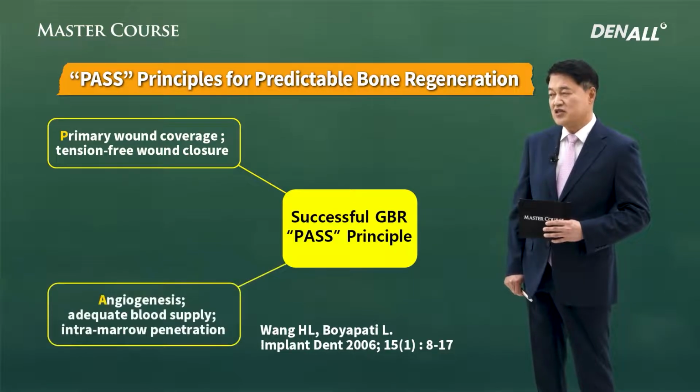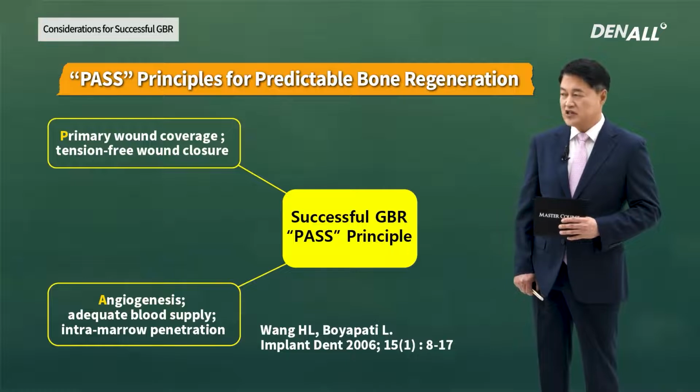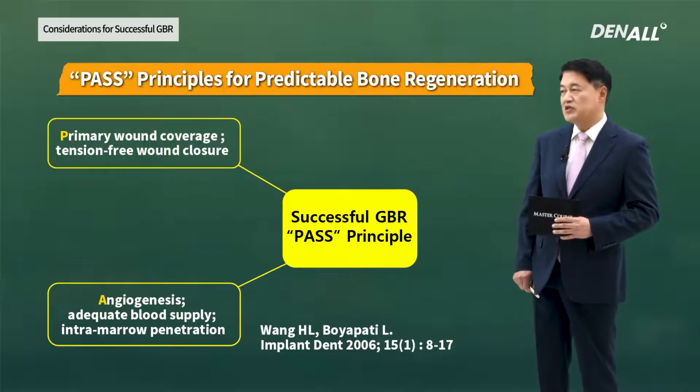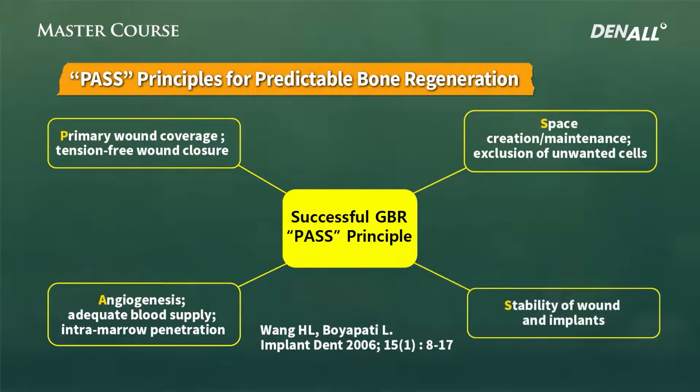A stands for angiogenesis. In other words, adequate blood supply is necessary. And if necessary, intramarrow penetration should be conducted. The first S stands for space creation and maintenance, and exclusion of unwanted cells. The second S stands for stability of wound